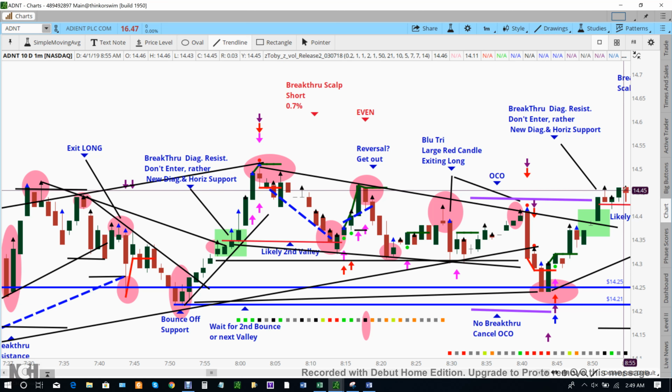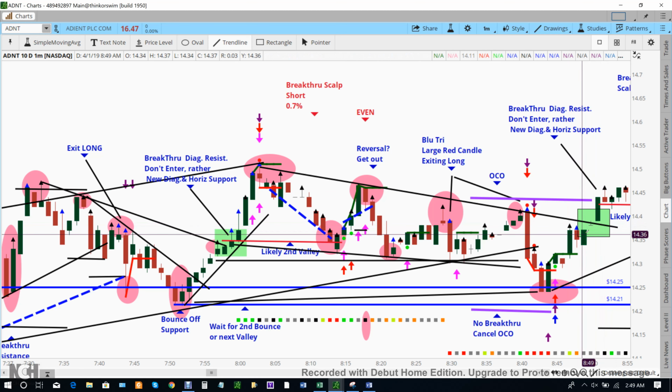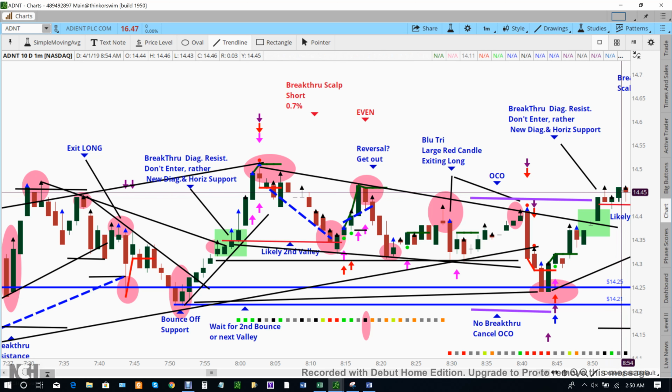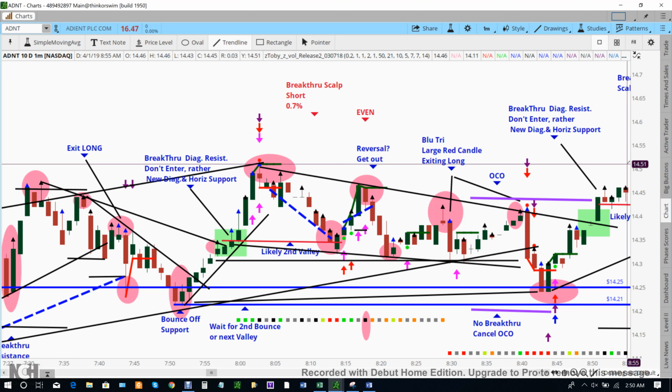I mean, right from here down, if we did a short, it would hit this resistance line here, the breakthrough line, the blue triangle, and then head back up again. So it's not much profit. So unless this goes higher, we probably shouldn't enter. Even if this is the top, we shouldn't enter, because it's not much profit. Well, let's give it a chance to go up higher. If it goes up higher and then we hit a top,